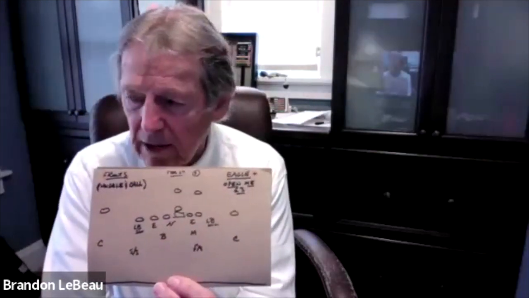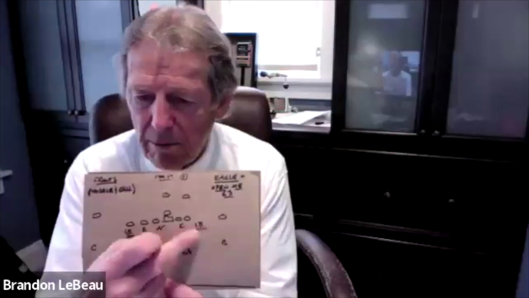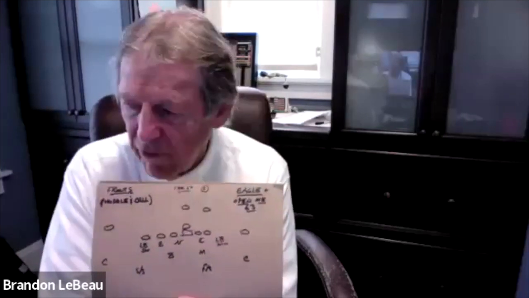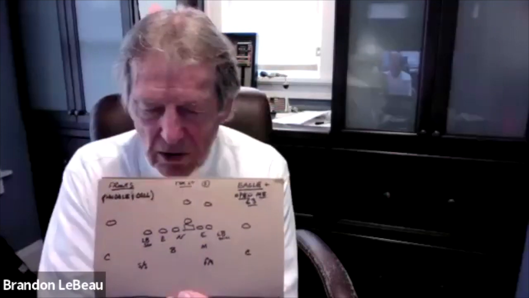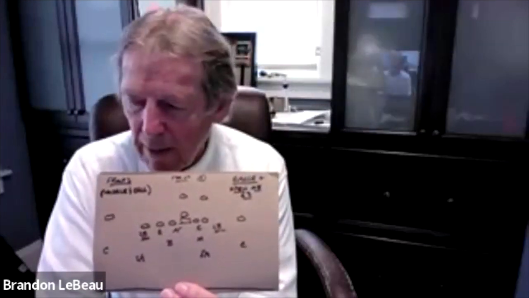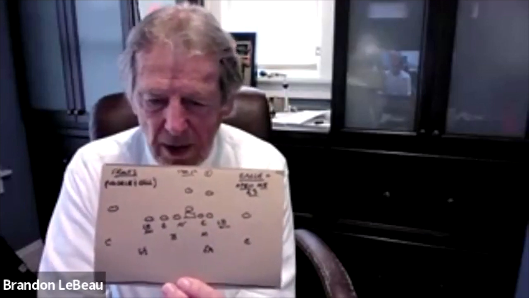So everybody's got to know the simple words of Eagle plus. That told the line where to line up. That immediately told the backers what their run responsibility was: what was their force, what was their fill, and what was their flow. So you have to defend runs, you got to have good force, good flow, and good fill. And everybody's got to get their gap because a good back, all he needs is a crack and he's gone.